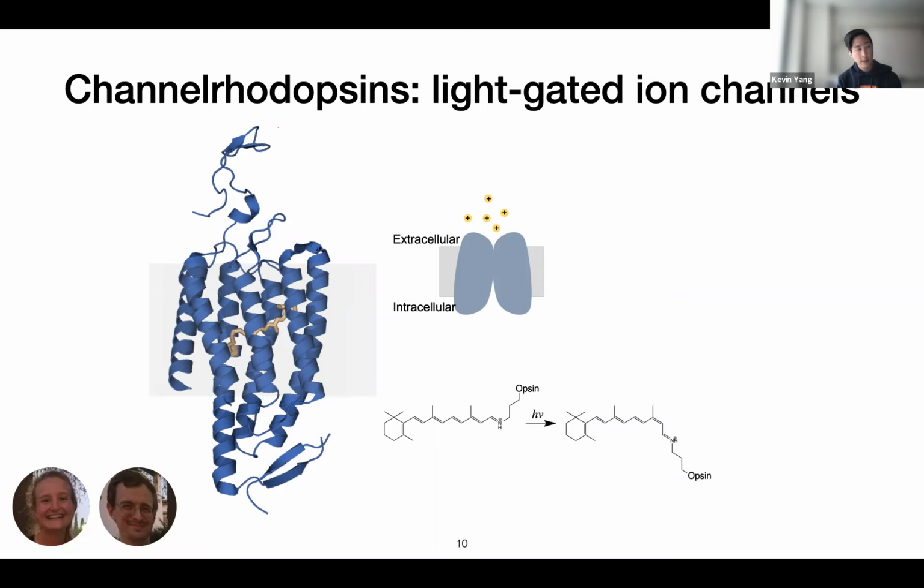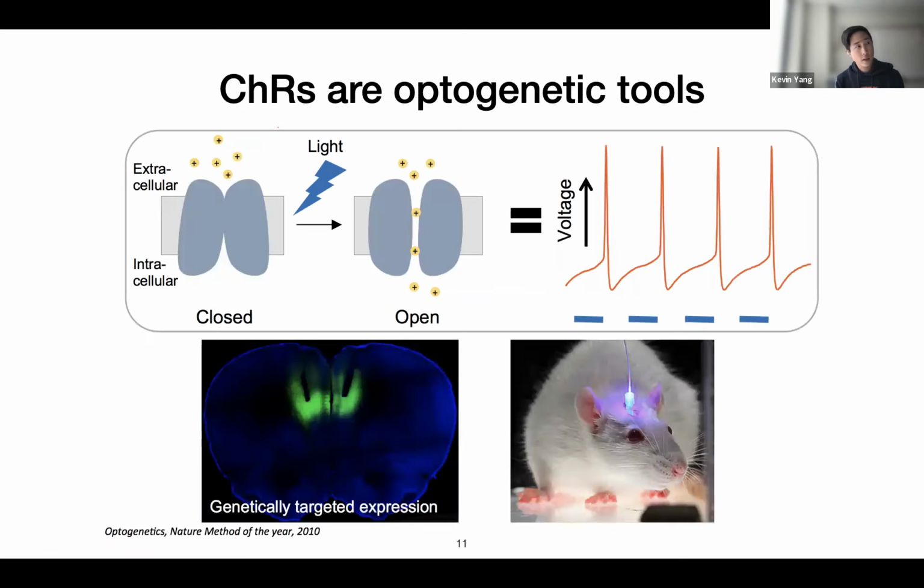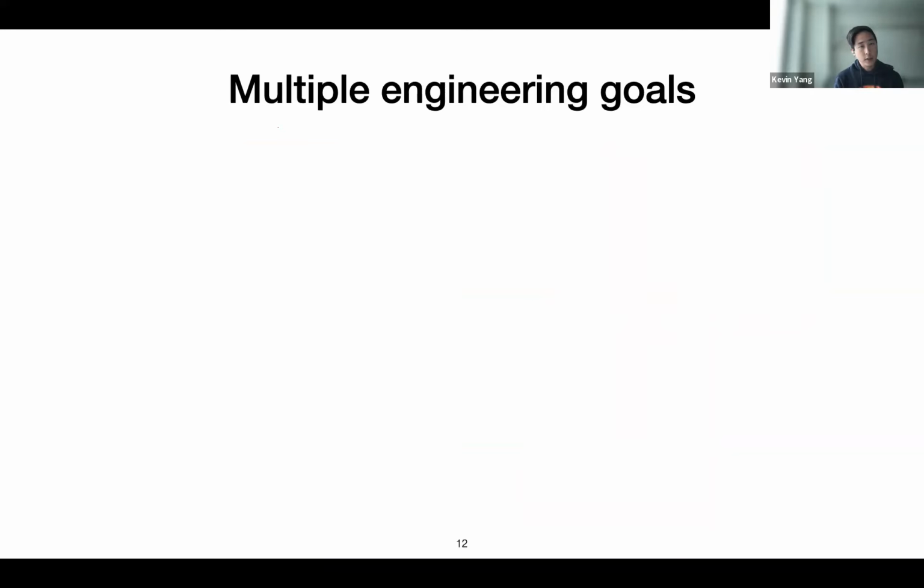When the retinal is activated with the right wavelength of light, it shifts conformations, causing the channel to open and allowing sodium ions into the cell, which is the native function. If you express these in neurons, now you have genetically targeted expression and light-activated action potentials in your neurons. We call that optogenetics: opto for light, genetic because it's genetically encoded. So if you want to engineer these channelrhodopsins as optogenetic tools,